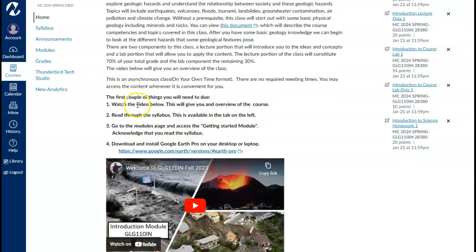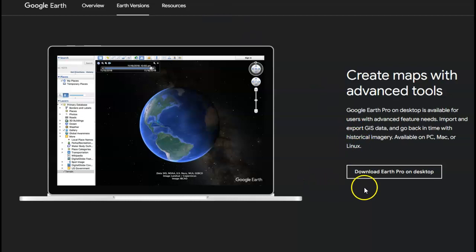So if you'll look at, let's see, what else we're going to do. The syllabus. You're going to acknowledge it. There is another thing I need you to do. For this course, I want you to use a program called Google Earth Pro. Now, you probably use Google Earth or use Google Maps at least. It's similar, and there's a variety of versions out there. But the one I want you to use when you click this link is this one in particular, which is